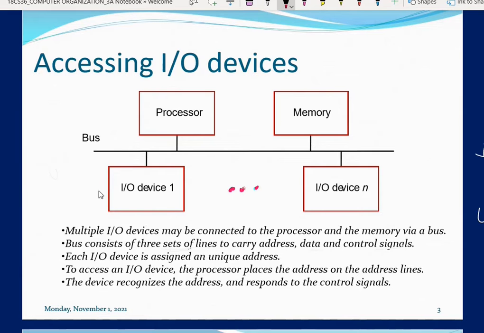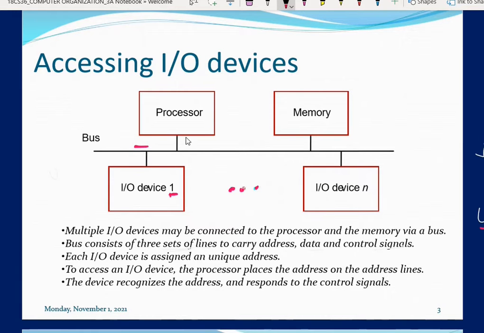Now whenever it requires to perform any input output operation with respect to the processor, how exactly is the processor going to identify these devices? For that, a unique address is assigned to each device. Whenever the processor wants to perform a particular operation with respect to device 1, it will place the corresponding address on the address line. You can see this is a common line connected with a number of IO devices.